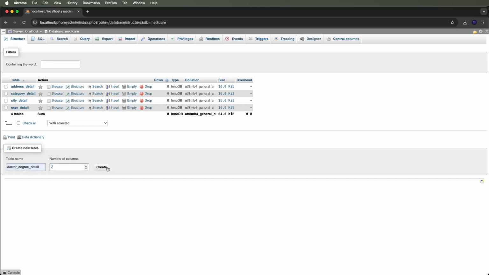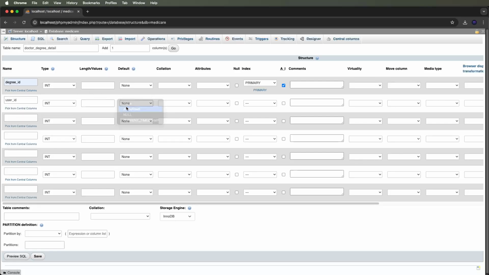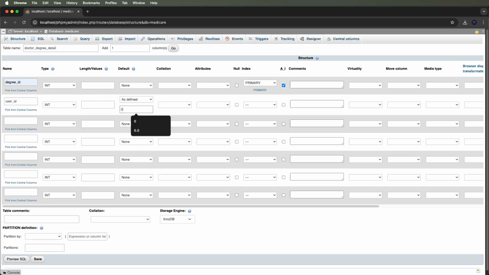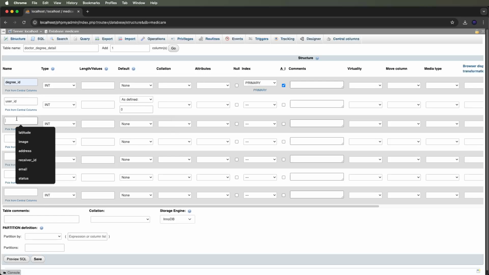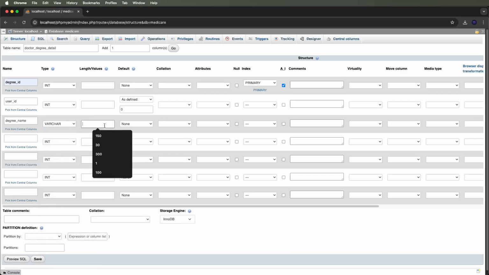To create it, set the degree id auto increment, then the user id, set by default as 0, then give the degree name, set varchar, and set 100, blank,